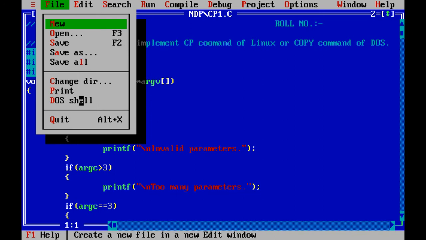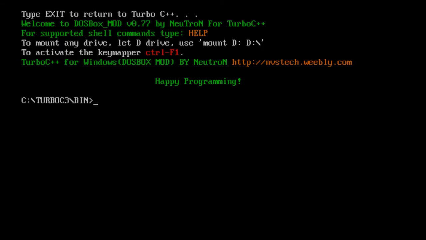So I'm going to the DOS shell right now. Let us create two text files, for example wx1.txt. I'll type my contents, my first text file.